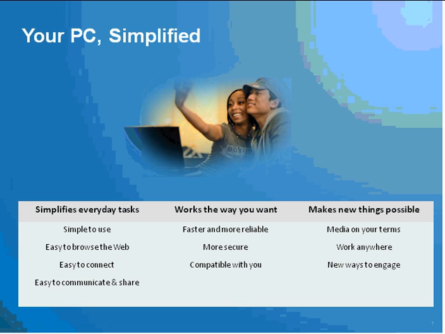So the media is all pervasive now, and it should not only be available on your computer or on your TV, but it's also running through all the three screens that we talked about. You should be able to work anywhere you want to, and there should be new ways to engage. So these are the three pillars with an ultimate objective of making your PC simple.